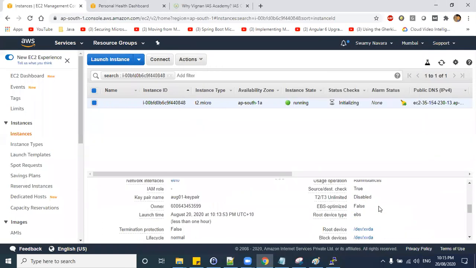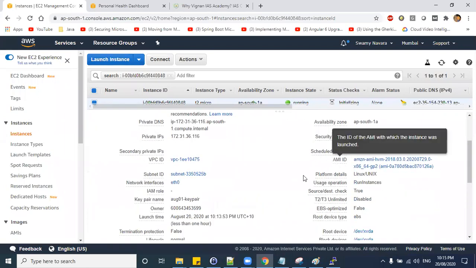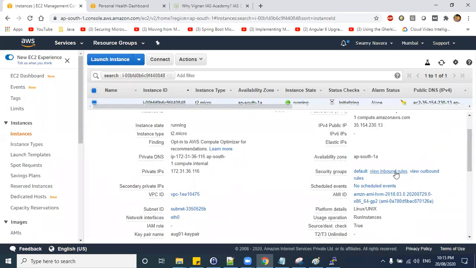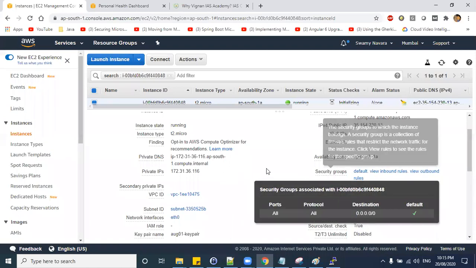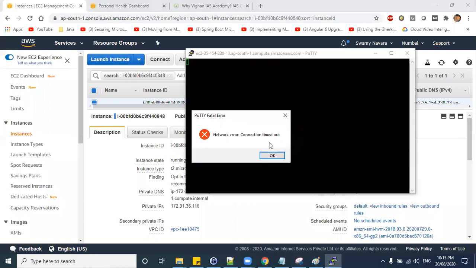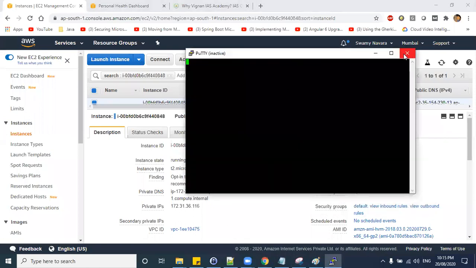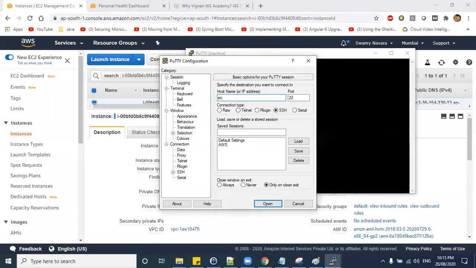So let us check the default security group, whether it is allowing SSH or not. EC2 user.